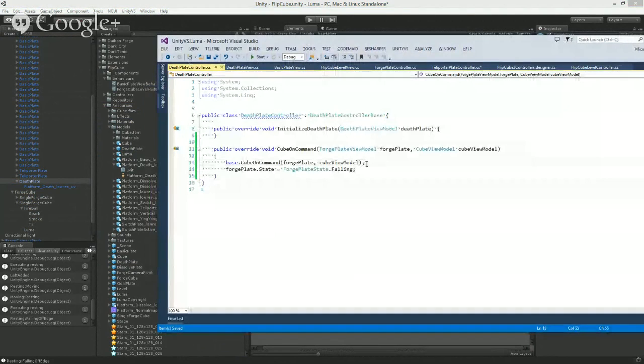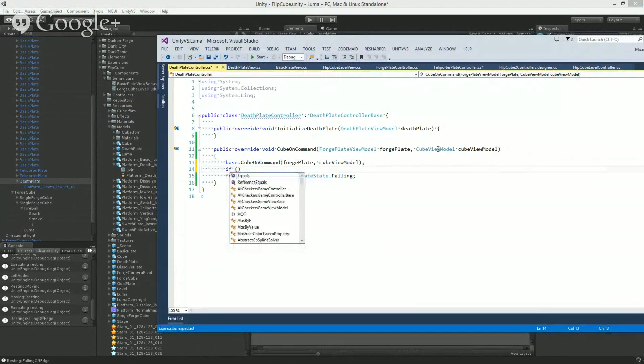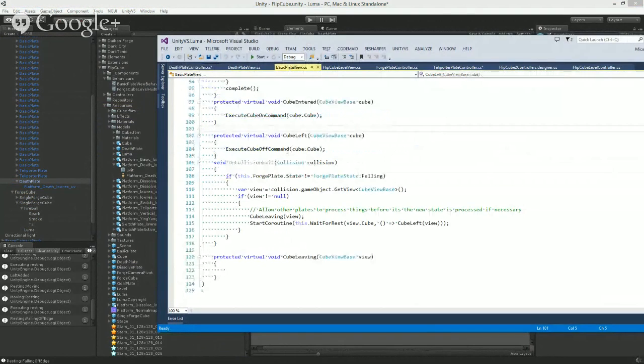But actually, we only want it when it's standing up. So what we'll do here is I'm passing the cube view model along with it. So if we look at my basic plate view where I call this execute cube on command, the view is passed along with it because in my on collision,